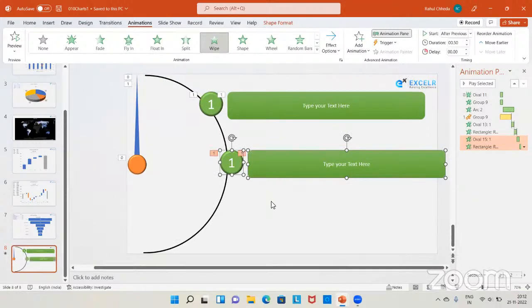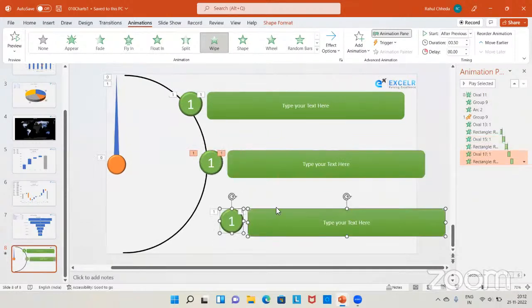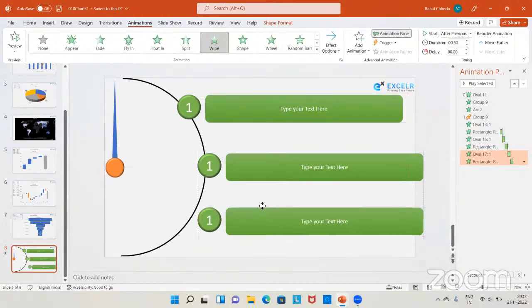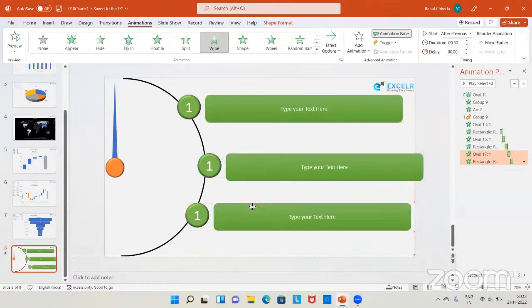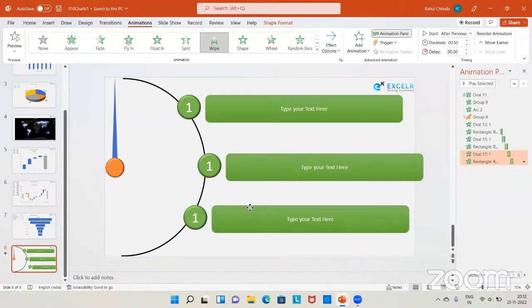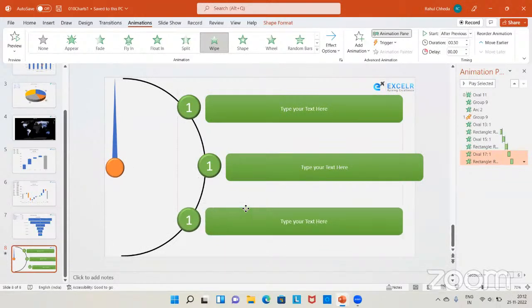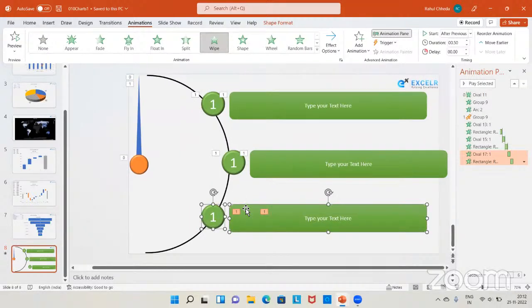Then one more time, I'm going to press Ctrl D. So one more point will be added. So we'll just add 3 points here. We'll place it here. Okay, and I'm just going to change the numbers which are here. Make this 3 and this 2. Once this is done,